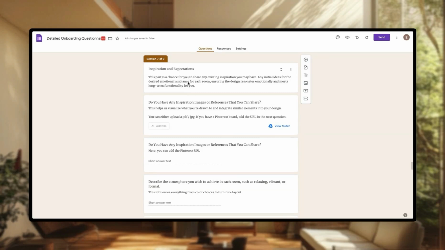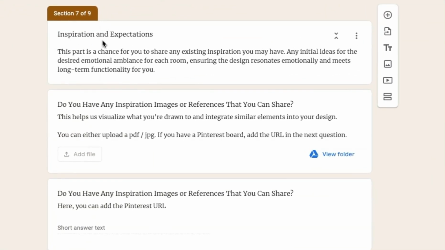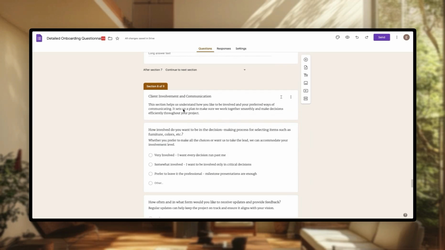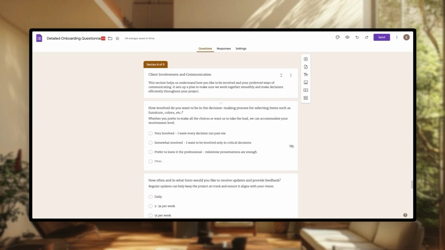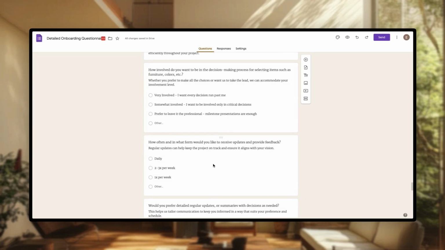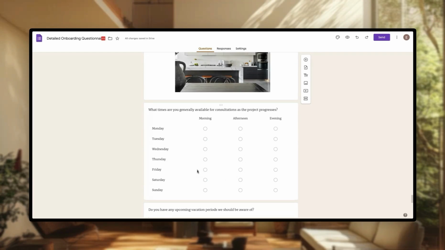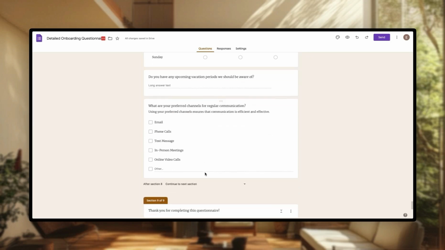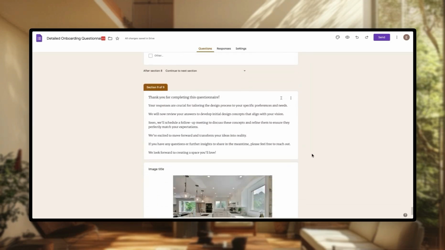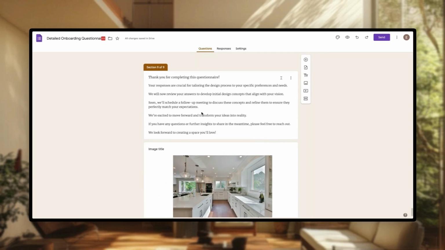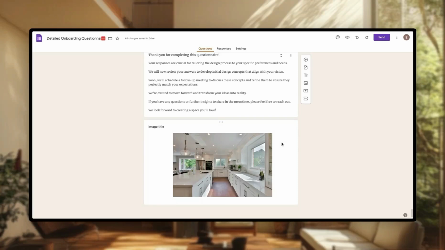And then there are some areas down the bottom. So inspiration section, you've got inspiration images or references that they can add files, or add a URL to, say, a Pinterest board. They can copy that in here. The final section is the client involvement and communication. How involved do they want to be? How many updates do they want every week, for example? How detailed do they want these updates? Consultation timings, when are you generally available to have meetings, and how do you want to be contacted? And then there's a thank you at the bottom about what's going to happen next as well,